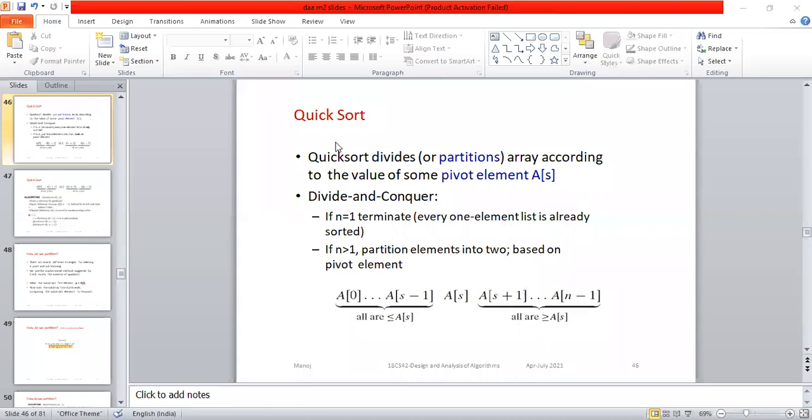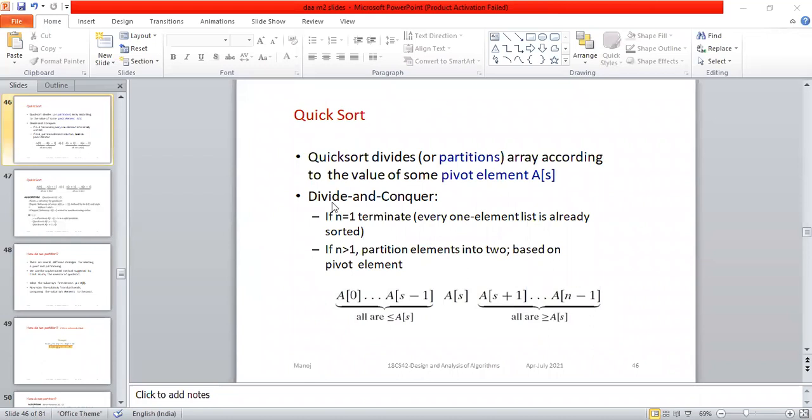So what is sort? Sort means we are arranging the elements in ascending order. That is what we call sorting. We have seen many sorting techniques. We have gone through the merge sort technique, and now we are discussing the quicksort technique. So what will quicksort do? I will make the concept clear, and then you can go on to calculating the time complexity. Time complexity is nothing but the efficiency of the algorithm.